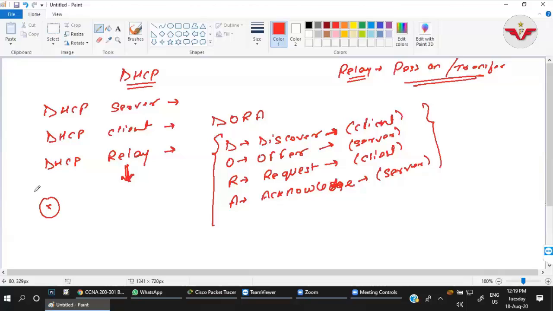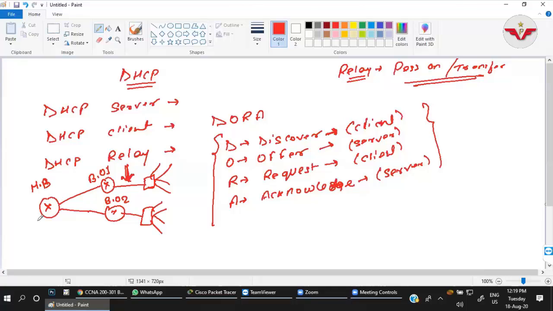Now, where is it required? Suppose in my organization, I have one main branch, and two branch offices, branch office 1 and branch office 2, connected with their networks.